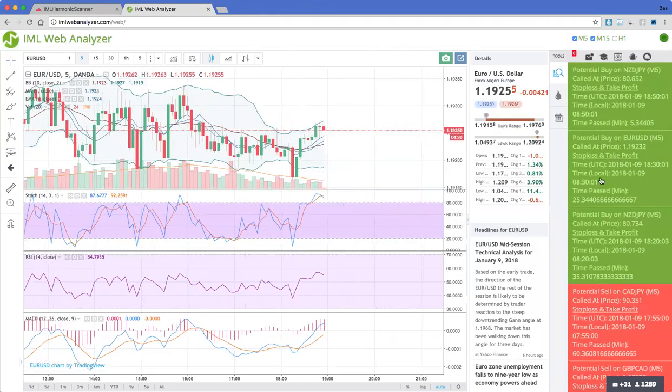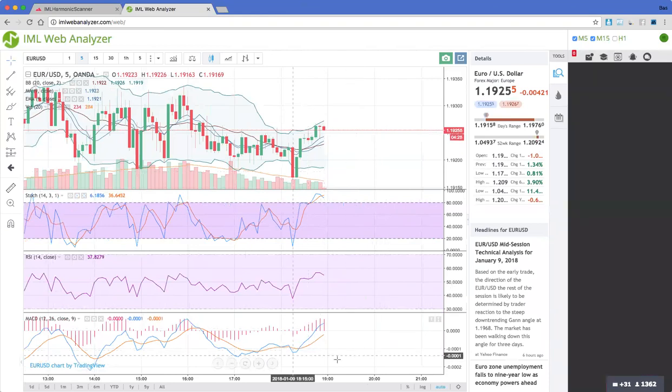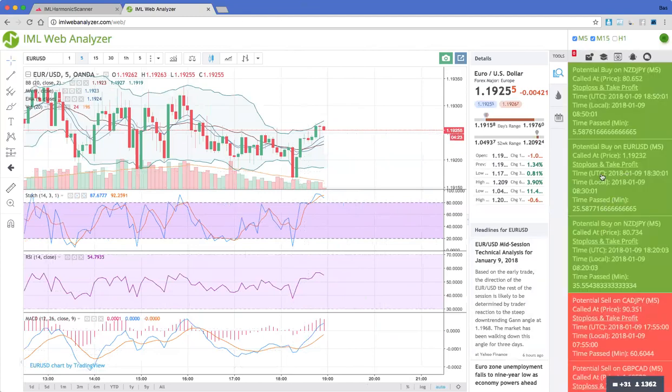So what are you doing? You see here local time, very nice. They added it recently. They also recently added the time passed, so that you don't even have to calculate anything. But the graph is still all the time in UTC time. So this one is called 25 minutes ago at 18:30 UTC. So you search for the trade, 18:30 is where I'm using my mouse now, and it's called at